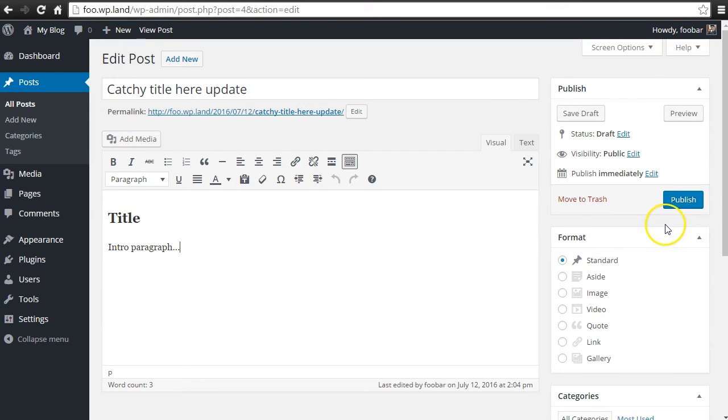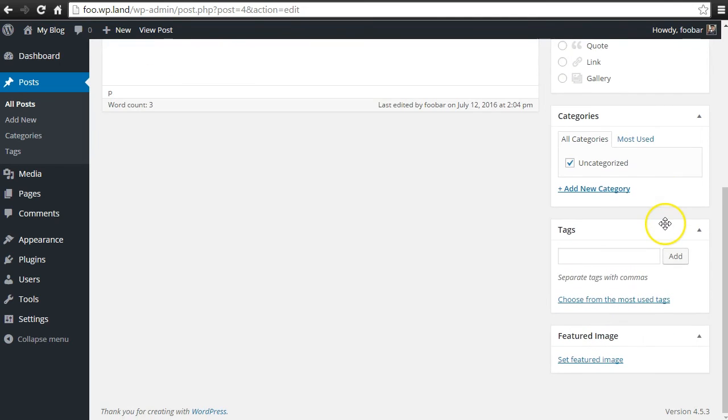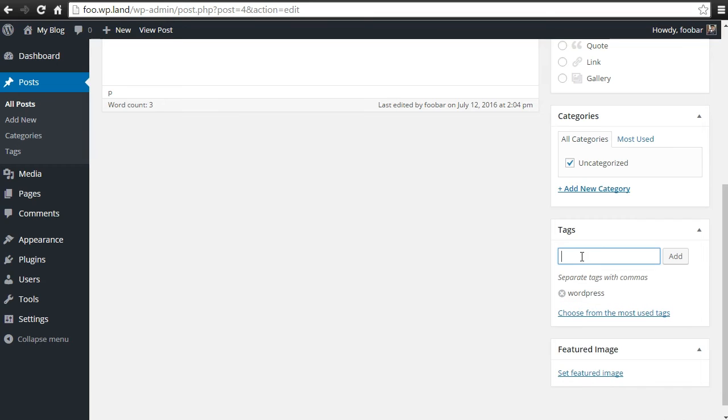You can change any of the information that you see here. If you scroll down to the side, you have categories. Right now it's just uncategorized. I'll do another video on how to add and set up categories. You can write tags about your post. So if you want to go through, this is WordPress. It's a tutorial. You can go through and add as many tags as you want, and all of that helps people search your content. You can also set featured images. If you have an image that goes with the post and your theme supports it, you can have an image that will show up at the top of the post.